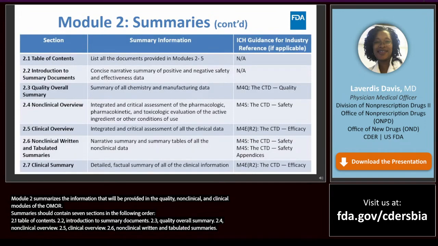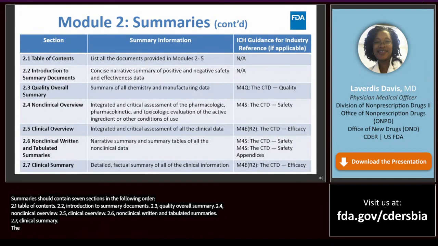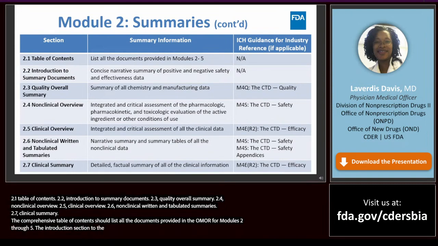The comprehensive table of contents should list all the documents provided in the OMOR for modules 2 through 5. The introduction section to the summary documents should provide a concise narrative summary of 1.